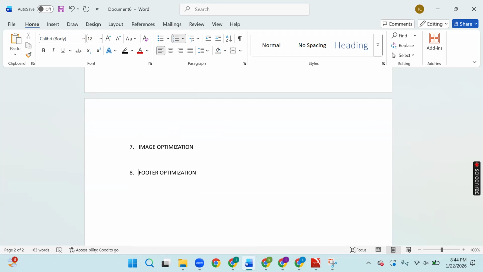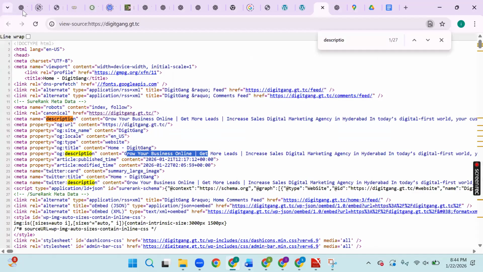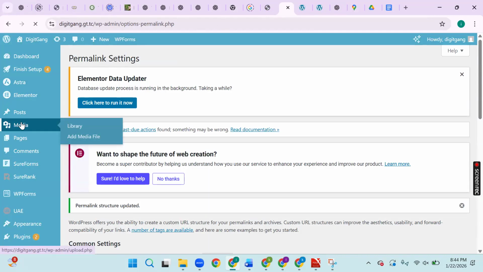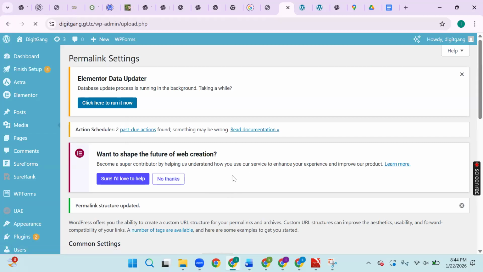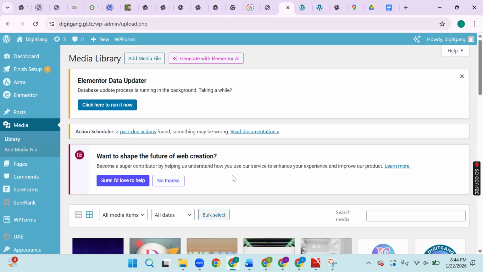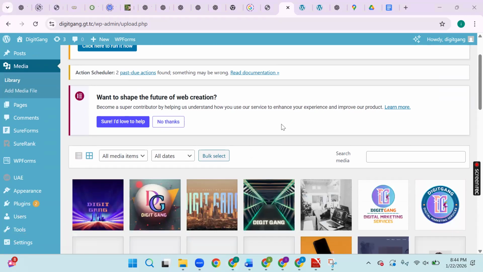Where the images are being stored, it is being stored in media. If you go there, here you have media, right? So media library. This is the place where you can find all your images, all the website related images will be there. Behind every image, there will be something called alternate text tag, alt tag. We call it alt tag, which is nothing but alternate text